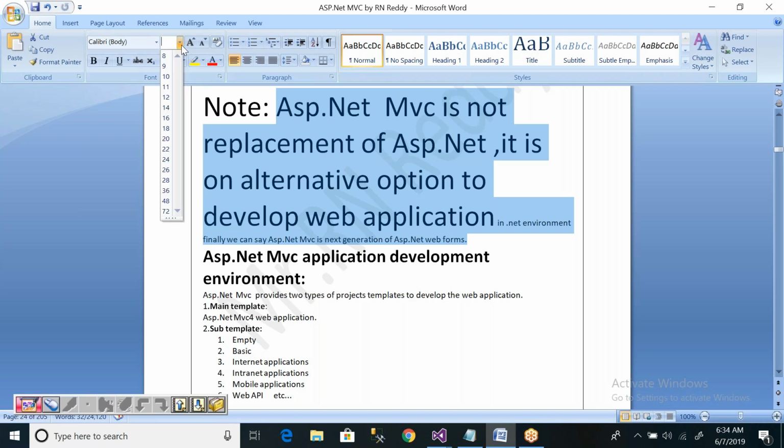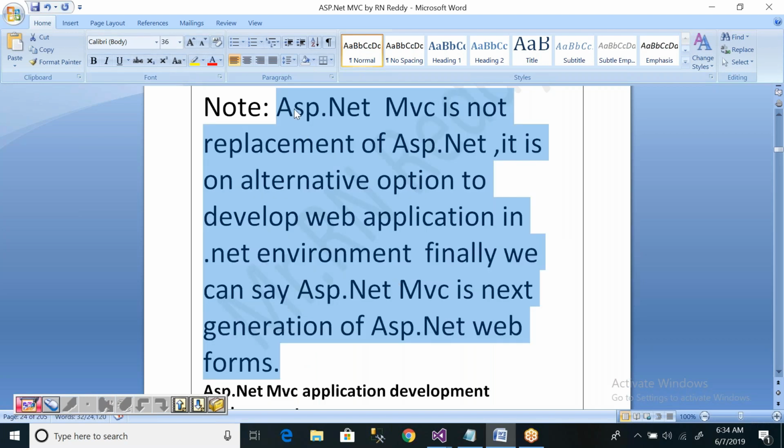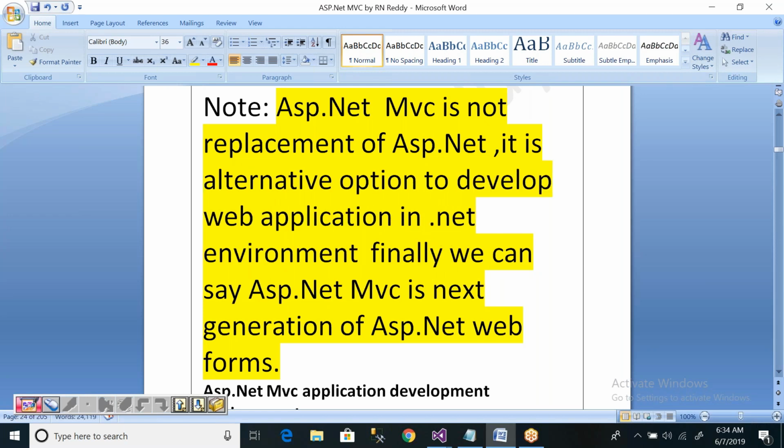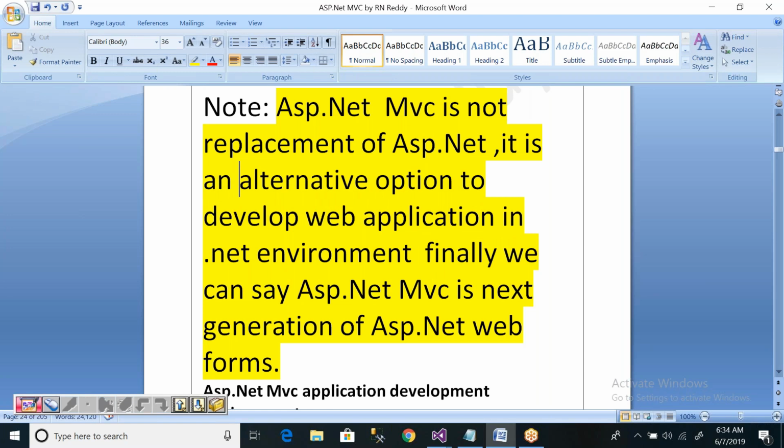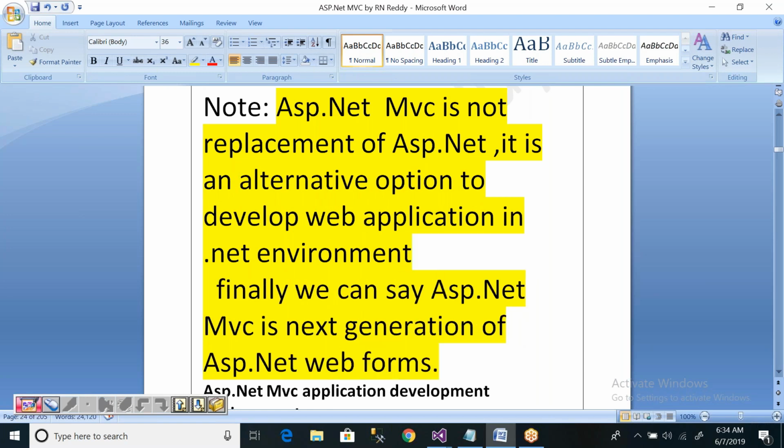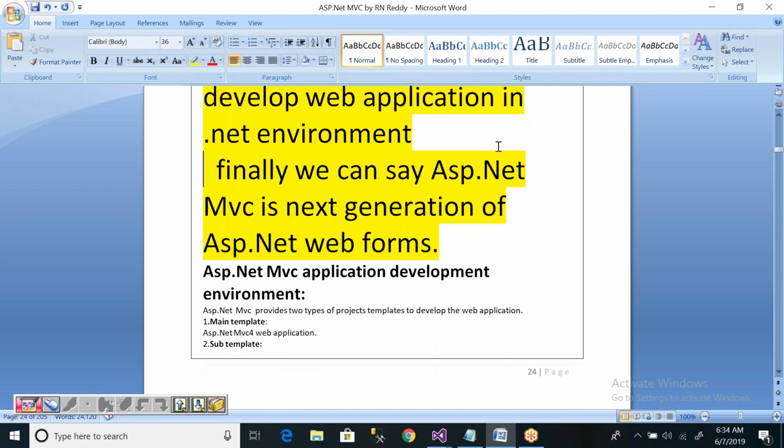Again, the point you have to understand is ASP.NET MVC is not a replacement of ASP.NET, it is an alternative. First option ASP.NET Web Forms, second option ASP.NET MVC. Finally, we can say ASP.NET MVC is the next generation of ASP.NET Web Forms.